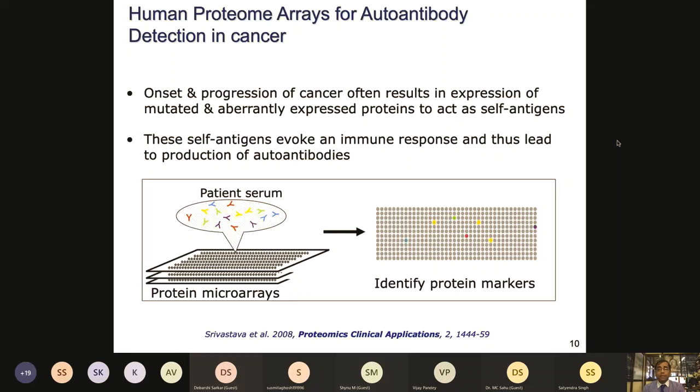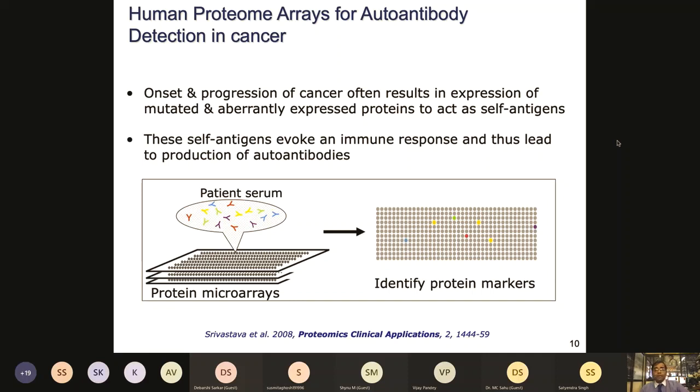But in cancer as well, there is a hypothesis that in response to the tumor cells, the body's immune system starts evoking an immune response and generates autoantibodies quite ahead of time. While the cancer may become apparent in 15-20 years, the autoantibodies might be produced quite early. And because they are antibodies, they are quite stable as well. So you can detect their levels in blood, plasma or serum samples quite ahead of time. There are tests which can detect autoantibodies from the serum sample that are unique to a given cancer. This could be a very strong and powerful way of taking early detection strategies forward.